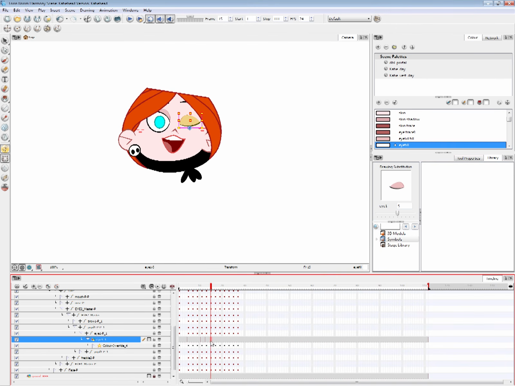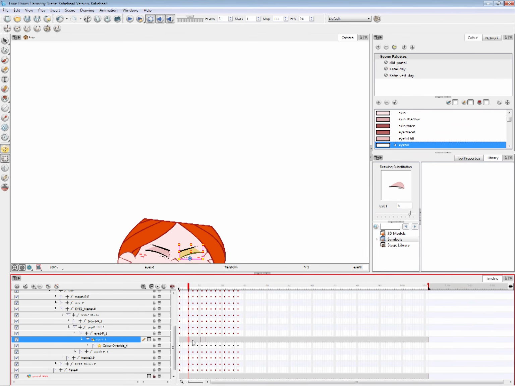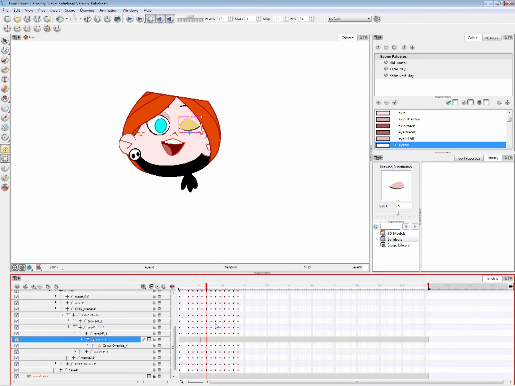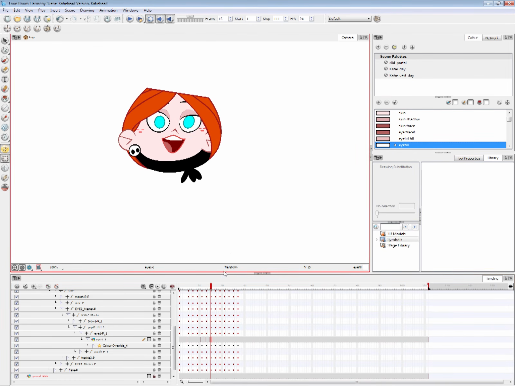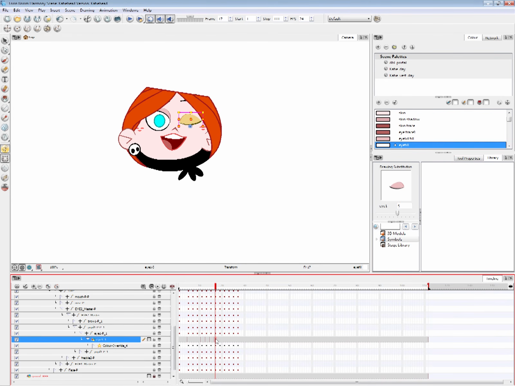Whatever change you make in the beginning, it will retain until it hits the next different drawing. So sometimes you definitely don't want that happening all the time, because if I want that drawing to have a closed eye and that drawing to have an open eye like this, you might run into it when you're animating.